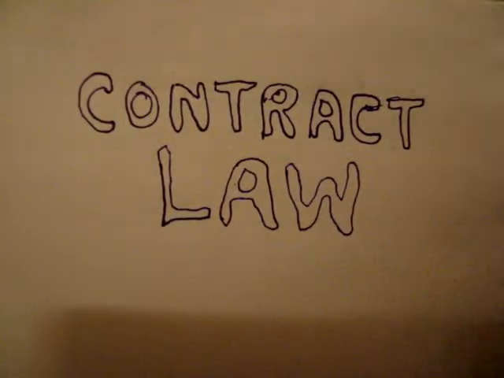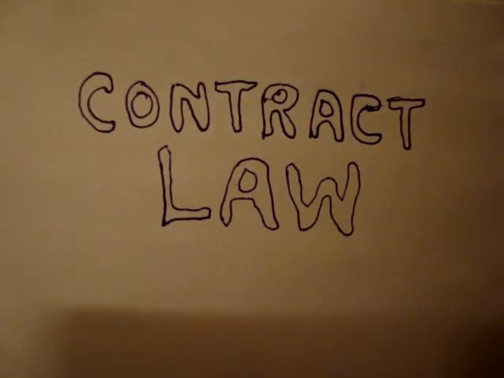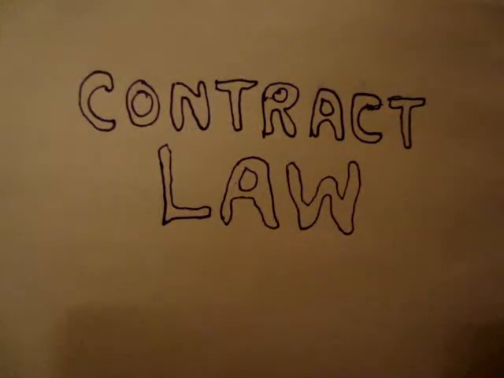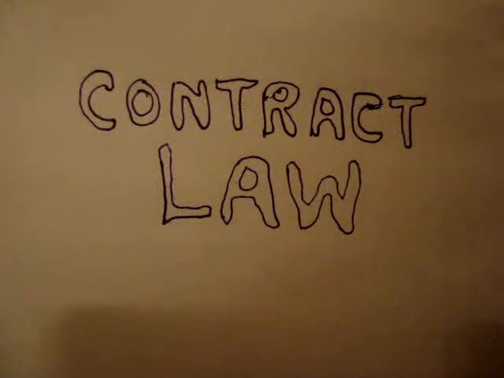Hello, and welcome back to Part 3, Chapter 7, Consideration and Form, Section G, Nominal Consideration. This section refers to consideration of insignificant value. It offers benefits that are not even close to the real value of the agreement. An example would be $1 offered in exchange to create a binding contract.